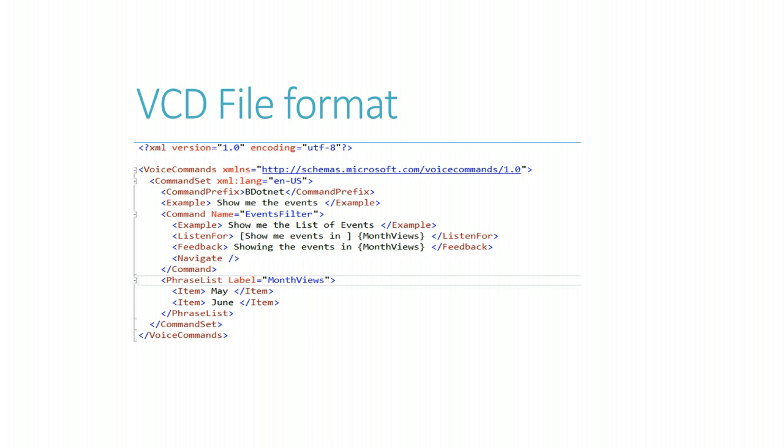So this is the VCD file format that you generally see when you create them. Note that it is a simple XML format and includes some mandatory tags to be provided. The first tag is the voice command that you see. The voice commands, this is the root or the top level element for all the voice commands that your app supports. Command set on the other hand contains all the necessary